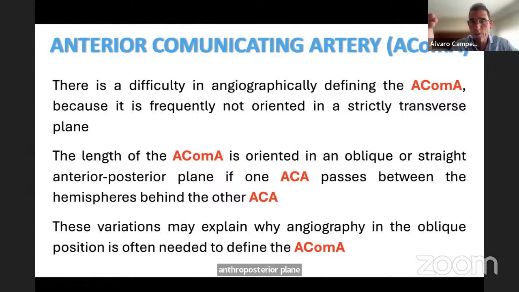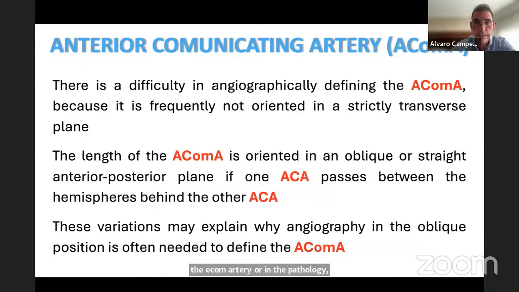when an anterior cerebral artery passes between the hemispheres behind the other. So the post-communicating anterior cerebral arteries are not side by side; one is in front and the other is behind. This variation may explain why angiography in the oblique position is often needed to define the ACom artery. So if we use a strict profile view, sometimes we cannot see the ACom artery, or in the pathology, the